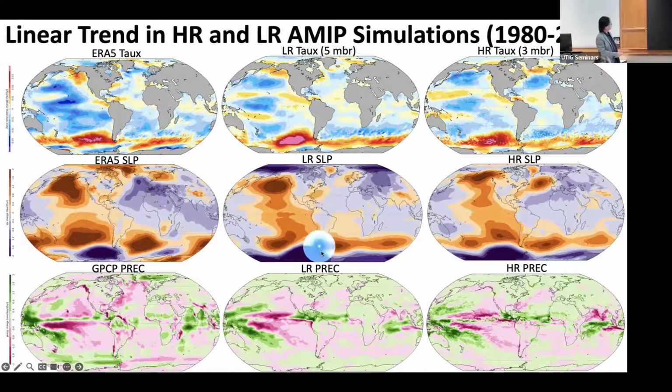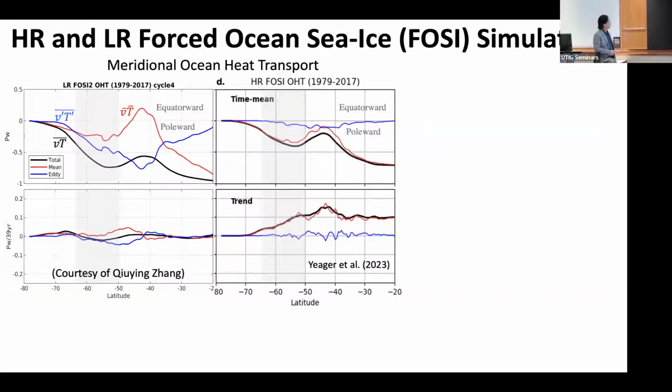But if you notice, the difference between high resolution and low resolution actually is quite small. So the increase in the atmosphere model resolution does not seem to be the real cause for the changes in the Southern Ocean. We're getting similar trends in the zonal wind stress, right? And in fact, the low resolution model, if you look, is getting even stronger trends than the high resolution model. So the atmosphere model may not be the reason.